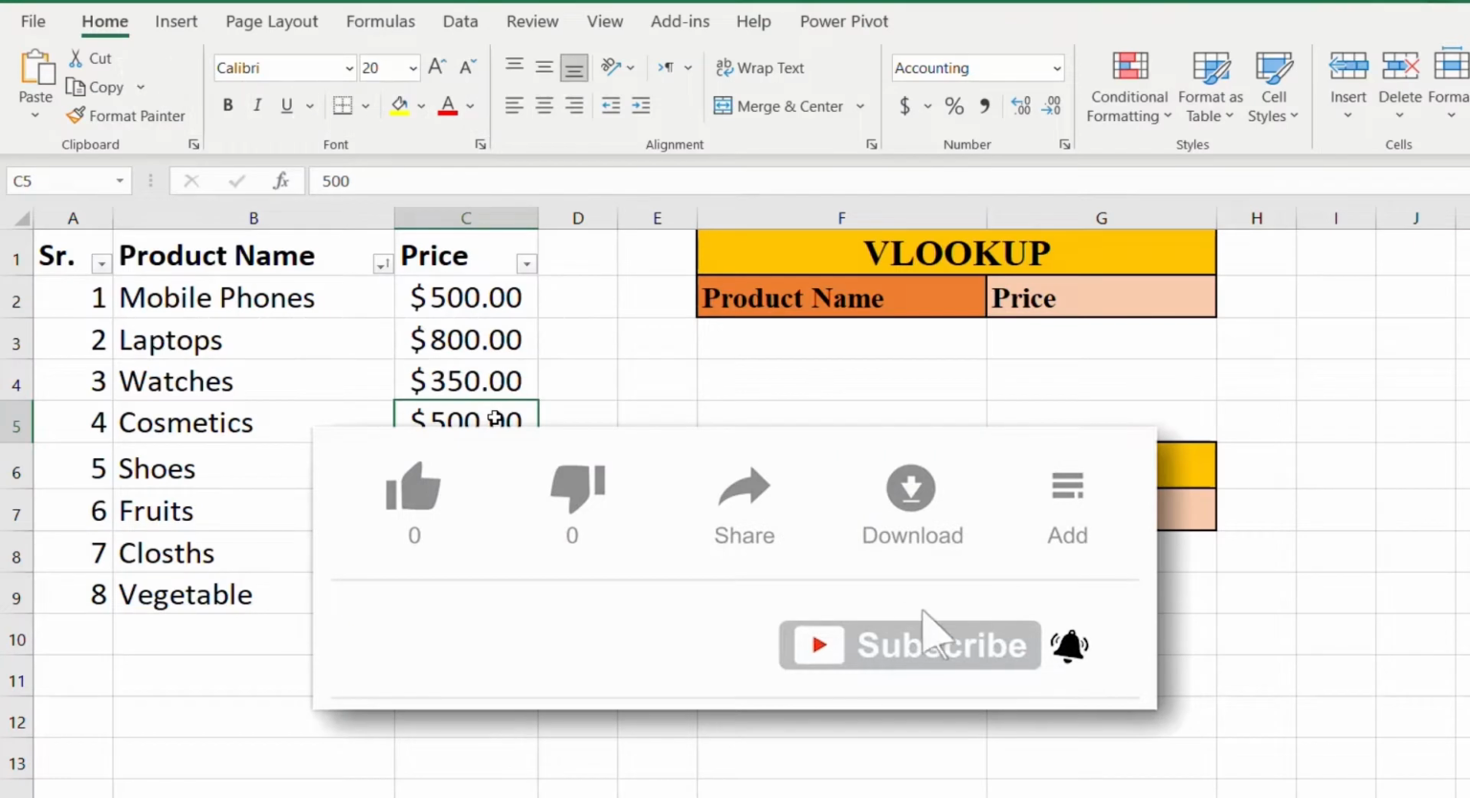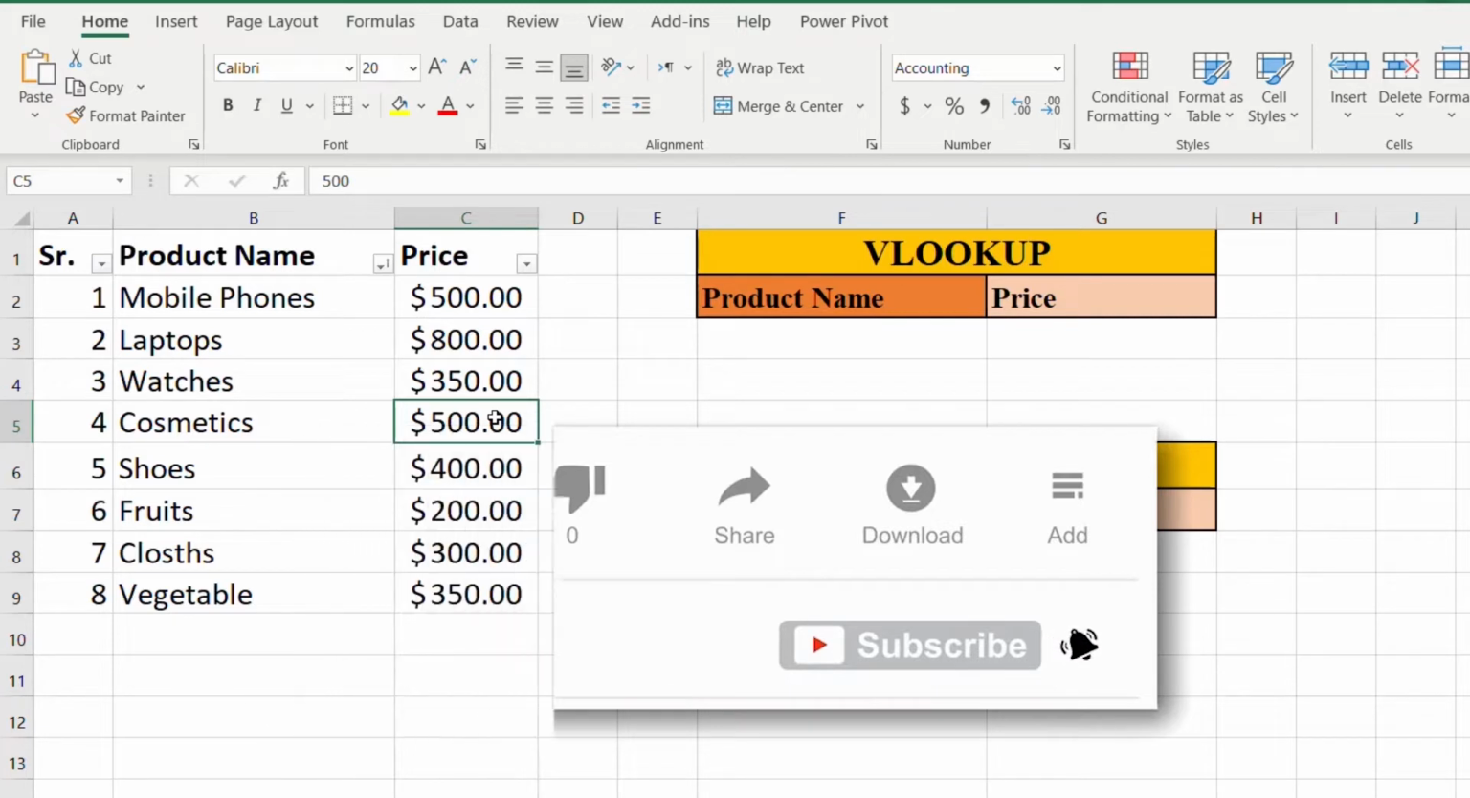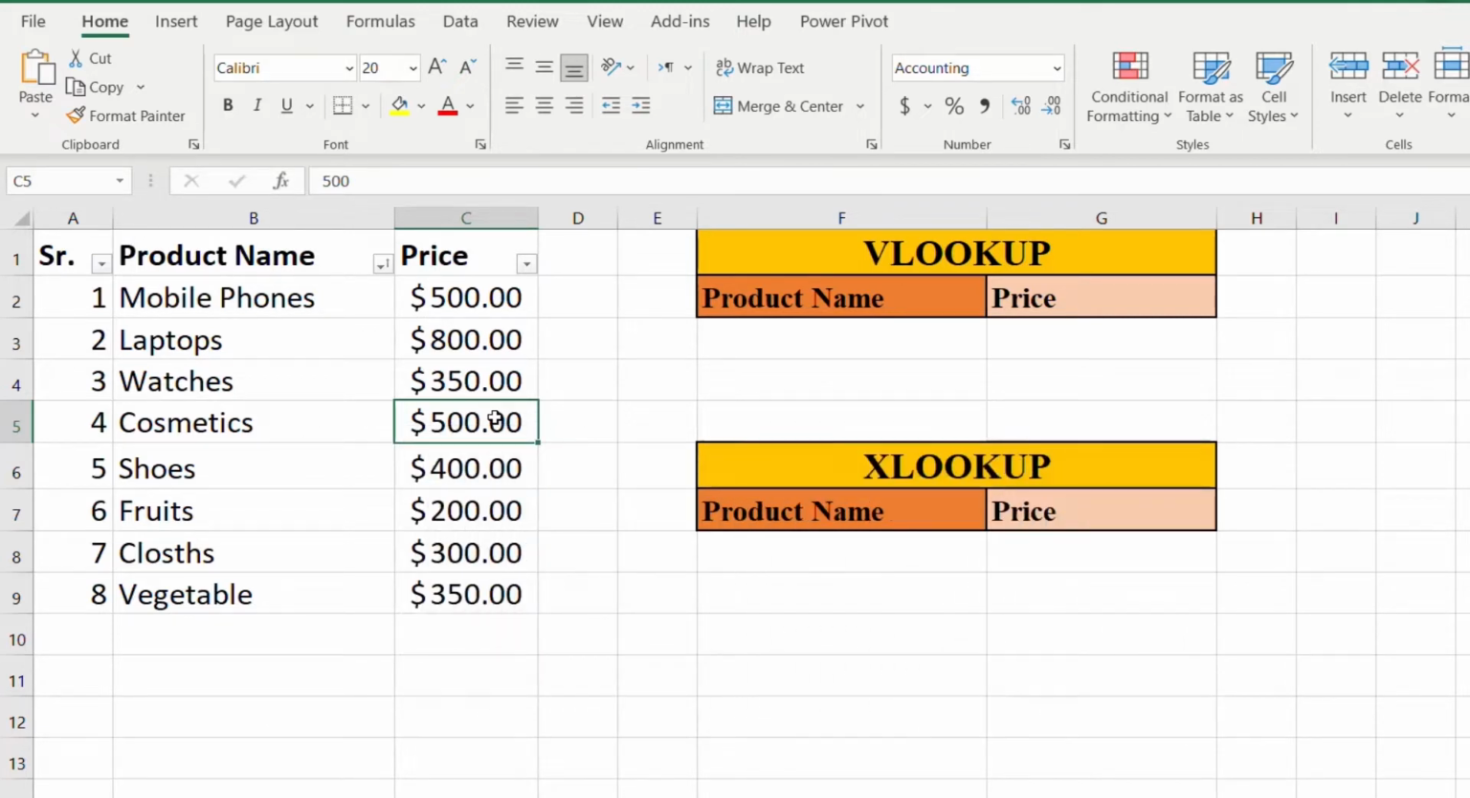In Microsoft Excel, we have data of different products. For example, mobile phones, laptops, watches, cosmetics, shoes, fruits, clothes and vegetables, and their respective prices are also given. These are just 8 observations. We may have observations in hundreds or in thousands, and lookup features will provide us a value that we are going to search for. For example, we want to search the price of the things and we will use VLOOKUP